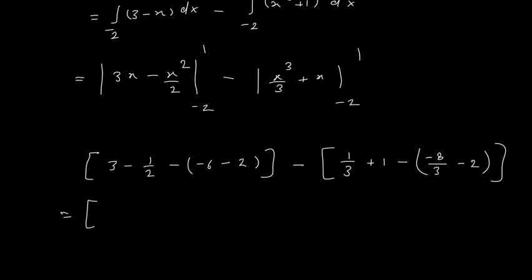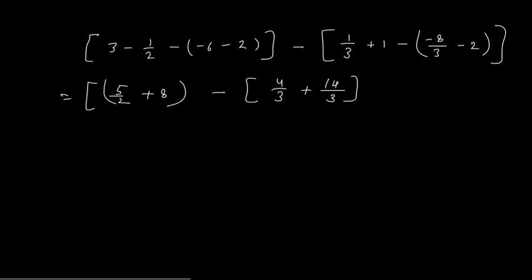So here we get 3 minus half. 3 minus half is, 3 times 2 is 6, 6 minus 1, this is 5 by 2, and this minus 6 to 8 minus 8, and minus this is plus, so plus 8, this one bracket minus, here if we see it is 3 plus 1, 4 upon 3, then again it is minus plus, here 3 twos are 6 plus 8, 14 upon 3, so this plus 14 upon 3.